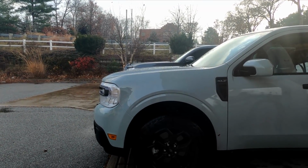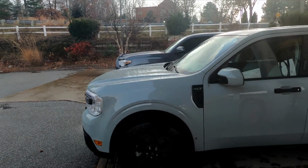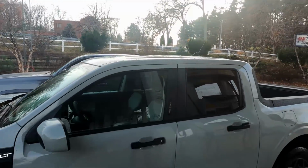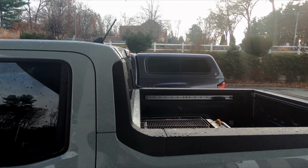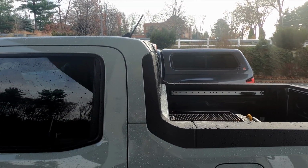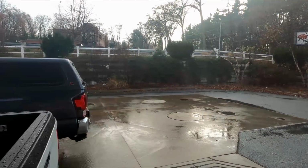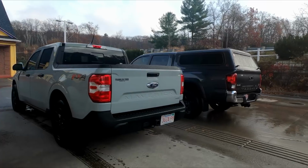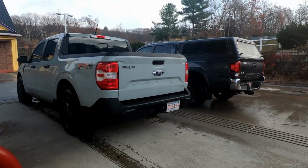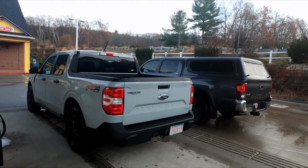So that Toyota Tacoma is a 3.5-liter naturally aspirated V6 engine. That V6 engine has a grand total of 278 horsepower, 265 pound-feet of torque through a 6-speed automatic transmission. That Ford Maverick is a 2-liter EcoBoost. EcoBoost is Ford speak for turbo, which means it has 250 horsepower, 277 pound-feet of torque through an 8-speed automatic